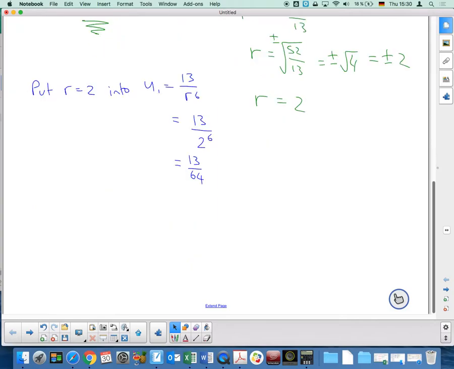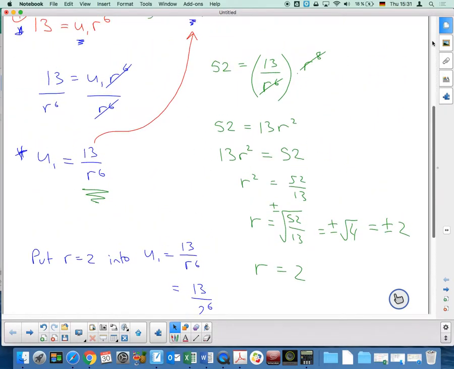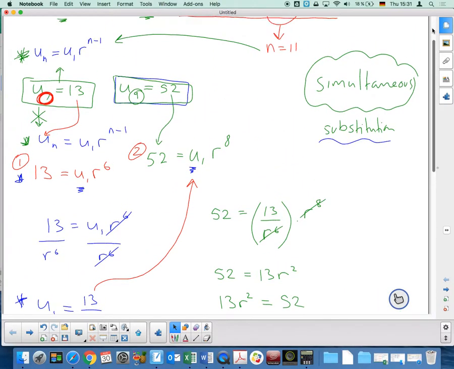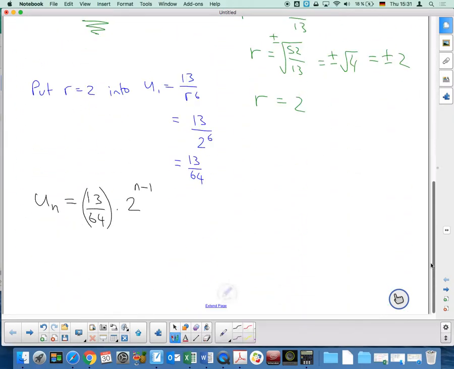Now what that means is we've now got a general formula in that question. We can now go back to the beginning and say, well, the general formula is now u1, which is 13 over 64, I'll just put it inside a bracket, times the common ratio 2 raised to the power n minus 1. And now I can go back and actually answer the original question. They wanted me to work out, which one? The 11th term. So I come back down to my working here, and all I need to do now is, the 11th term is given by 13 over 64 times 2 to the power 11 minus 1,